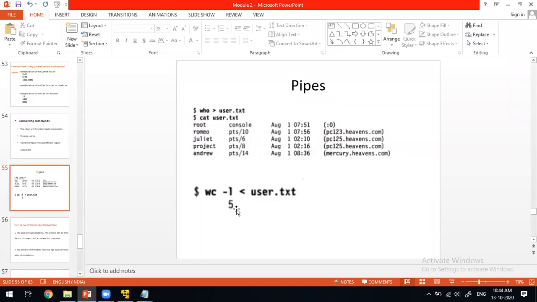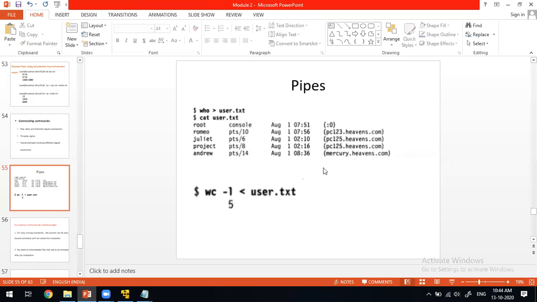In order to get this output 5, the number of users in the system, I have to execute 3 commands. Now I'm going to save my time by executing a single command using pipes.